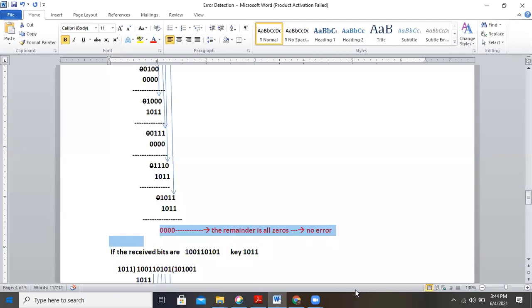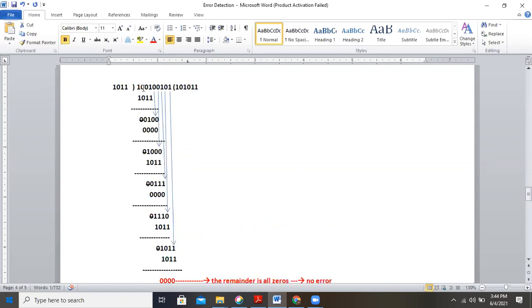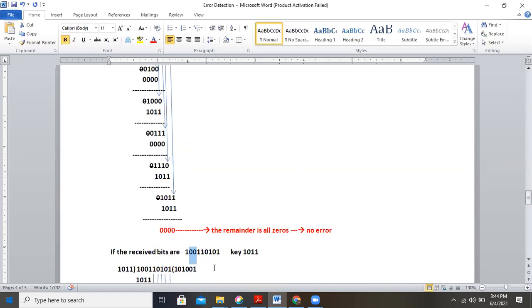But for example, if the message is modified, you can see here in this one, actually, the message is 1 0 0 1 0 0 1 0 1. Okay. So 1 0 1 is the CRC bits. Here, this bit, instead of 0, is received as 1. Okay. So 100 should be there, but 110 is there. So if it is receiving like this, that means some modification is there. Some error is there.